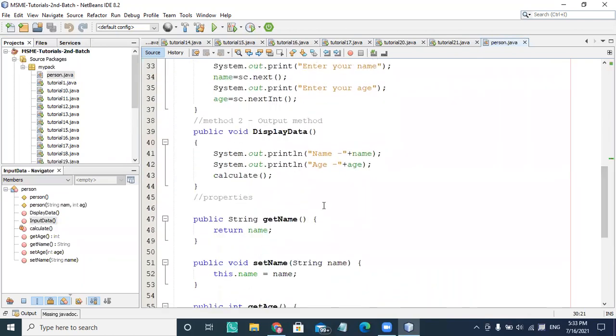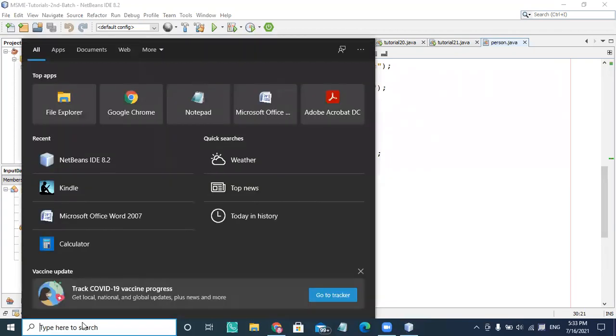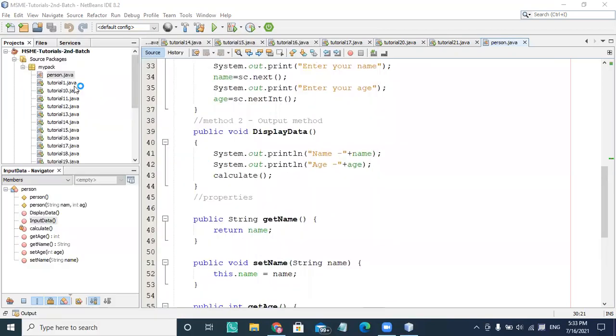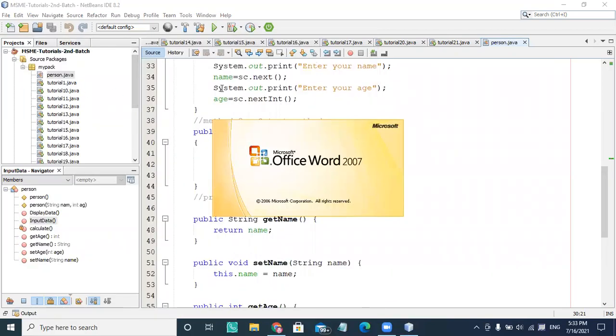Today I'm going to explain the inheritance part. Whatever we learned in object-oriented programming, we are implementing here, that is single inheritance.